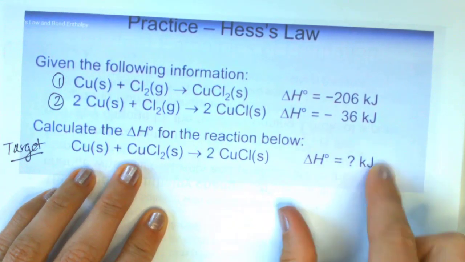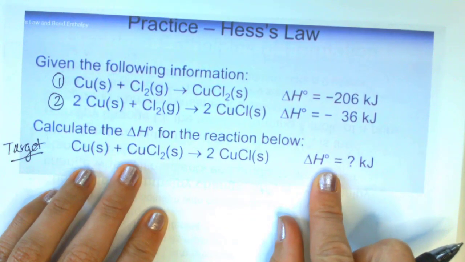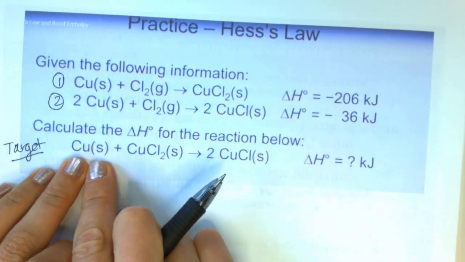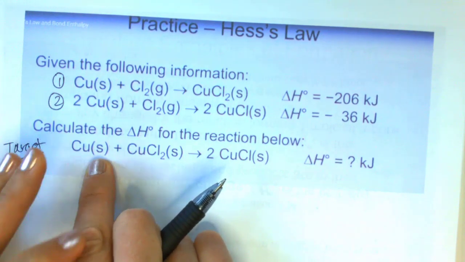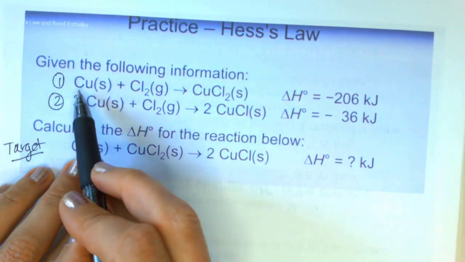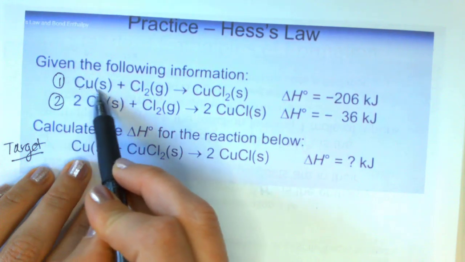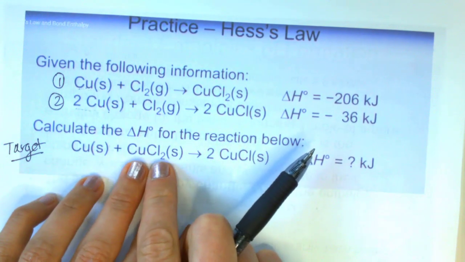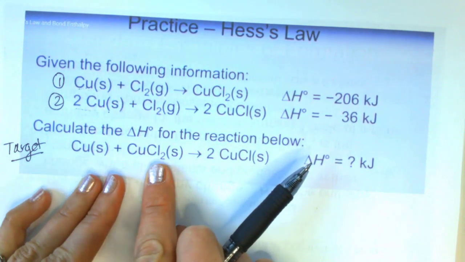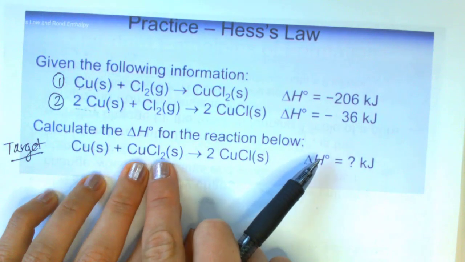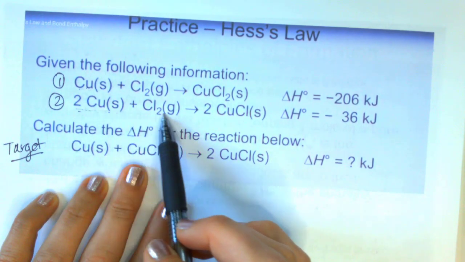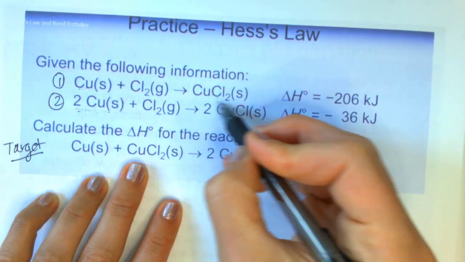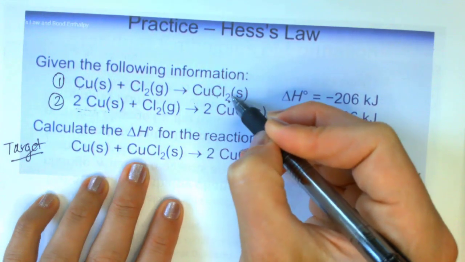So let's figure out what the heat of that reaction is. So if we were to just start with our first copper in solid form and look and see where is that unique in our elementary reactions, we could look and go, oh, it's in number 1 on the left and it's in number 2 on the left. So it isn't in a unique spot. So let's hop over to our next one, just so we can build off of somewhere. CuCl2, where is that? Again, if I look, not this guy, oh, it's right here. So in this elementary reaction, the CuCl2 is on the right side of the arrow, and we want it to